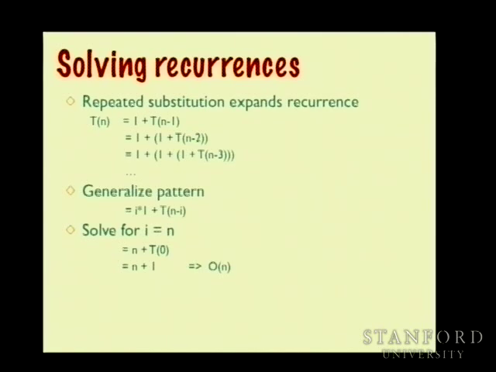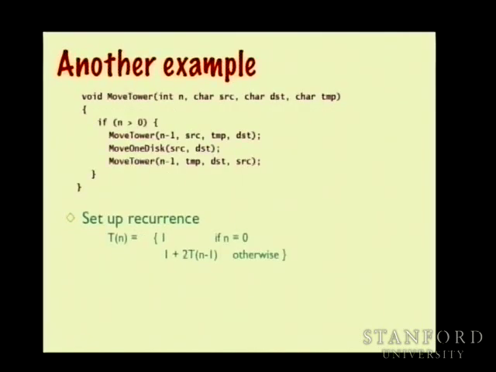I'm going to do another one, so if you want to just watch, and we'll do the math for this together too. This is the Towers of Hanoi example, that moves the tower of n minus 1 off, moves the single disk on the bottom, and then moves that tower back on. And so the recurrence that we're working with,